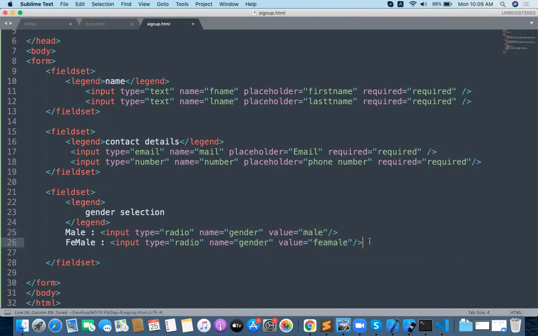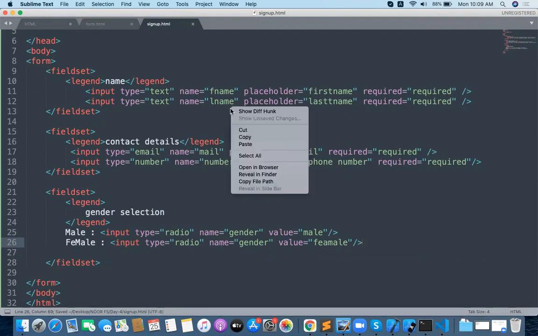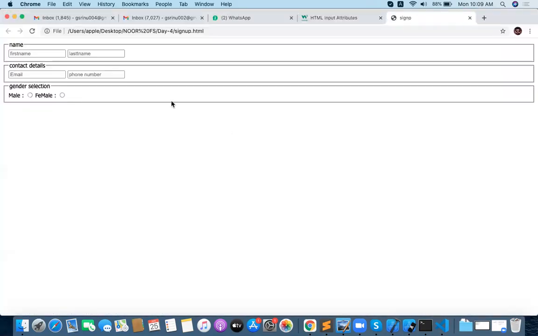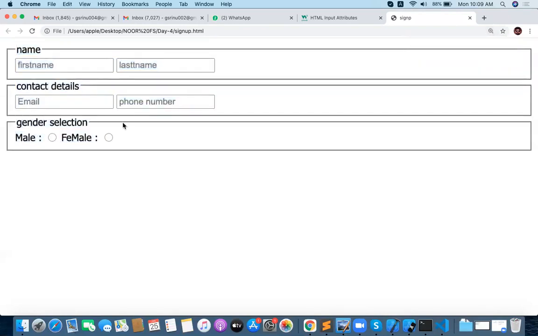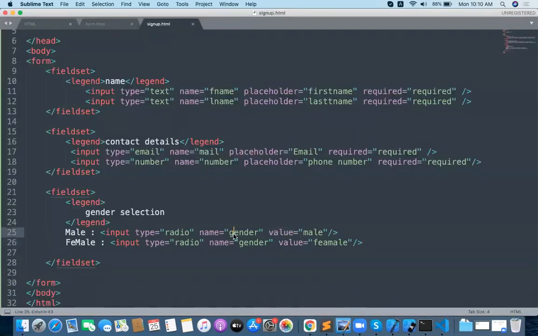Okay, let me check how things are happening with the name, contact details, and the gender selection here. Your name mostly works when we're scripting. Yes, correct. I want to select either male or female, and any one of them will work. So only one value will be taken. It is not going to take multiple values whenever you have the radio option. You don't take a multiple selection, only one selection will be selected. That's the reason the value will be different, but the name is the common thing.